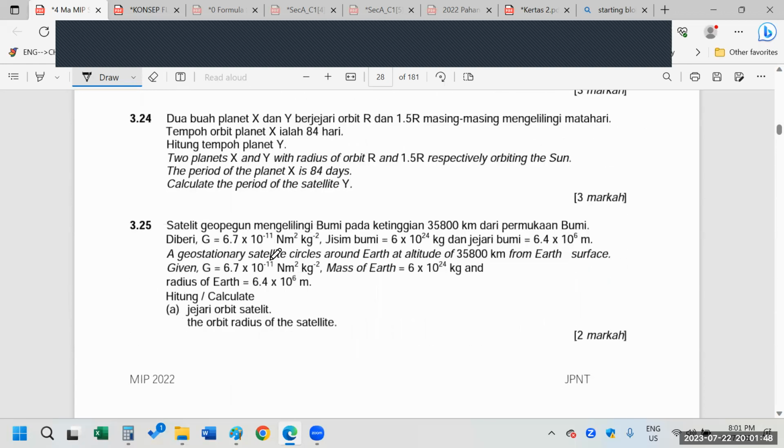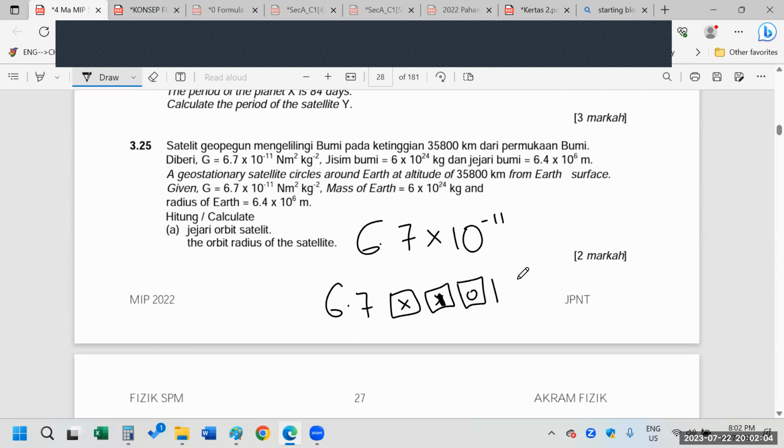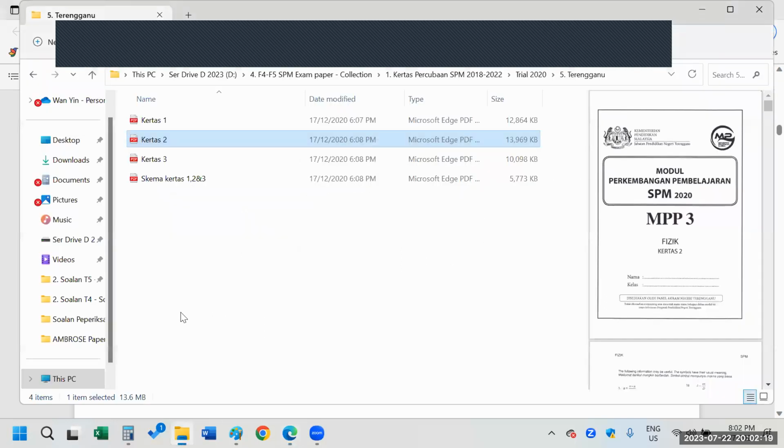For example, now 6.7 times 10 powers of negative 11 is, if you just still type this, please change this times 10 powers of 2 exponent, which is,